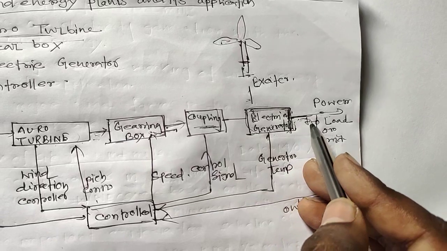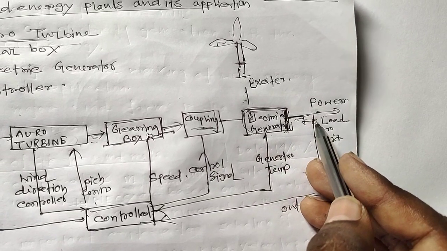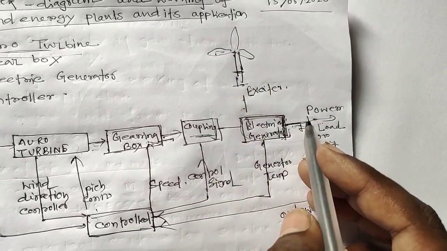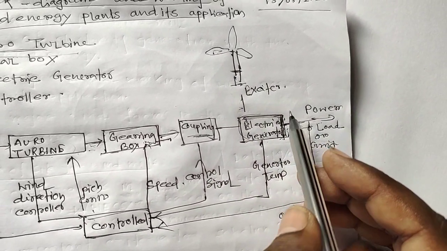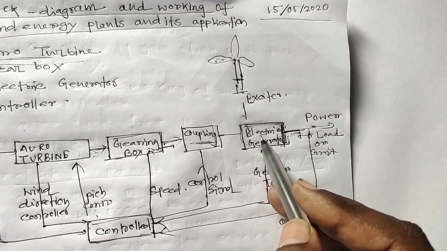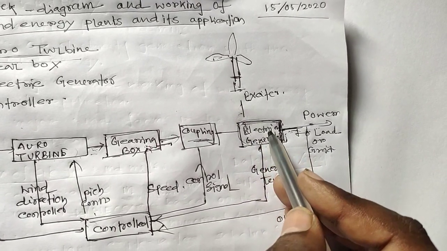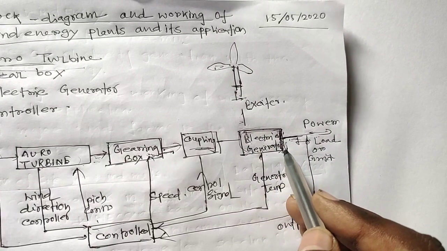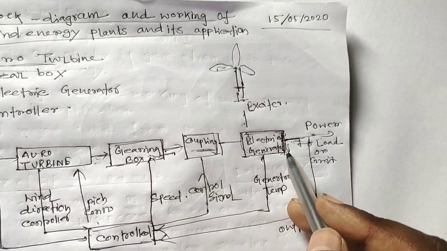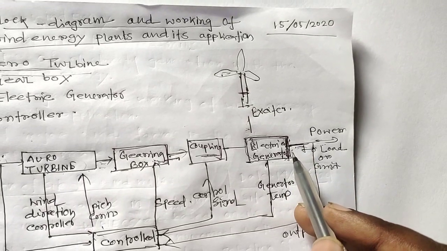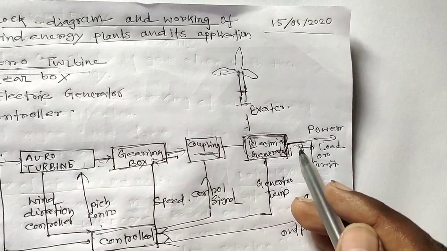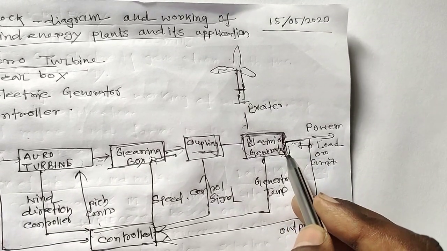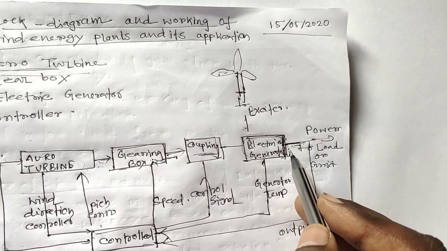is proportional to both speed, that means fan speed or turbine speed, and the field flux of the alternator. Here is the field flux produced by the excitation current from the exciter. Both are proportional to the generator output voltage, hence to maintain uniformity of the output power from the alternator,